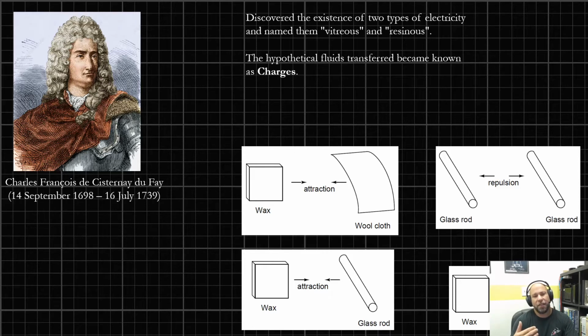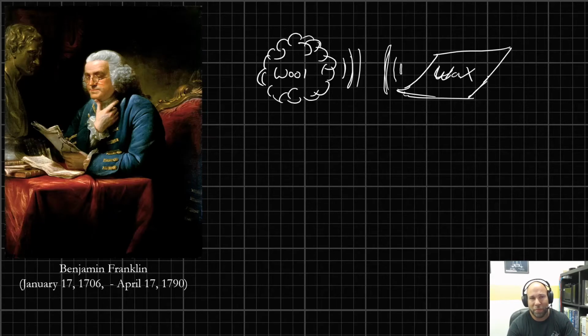And his hypothesis, his speculation, was that there was this invisible fluid being exchanged between these physical items. He wasn't quite sure what it was, but he conceptualized this hypothetical fluid transfer, and he called it a charge, after the parlance of the day with charging wells, the way water behaves. And going with the water theme when we talk about electricity is not far off at all. You'll see as we get further into Chapter 1 exactly why this is.